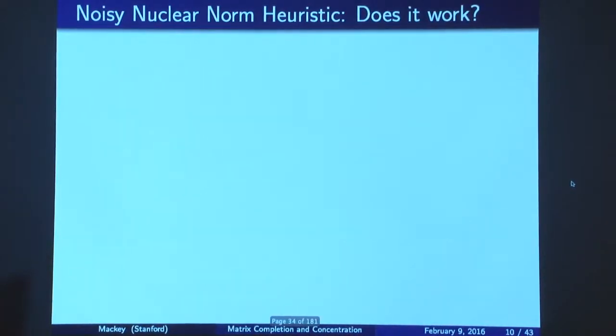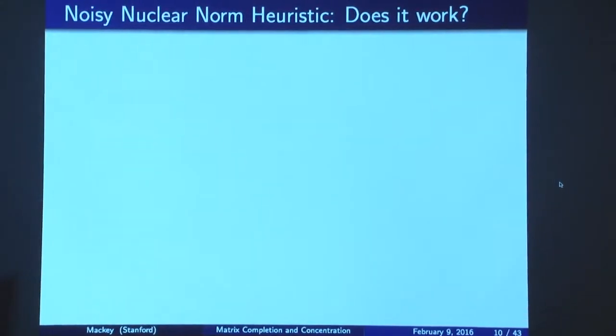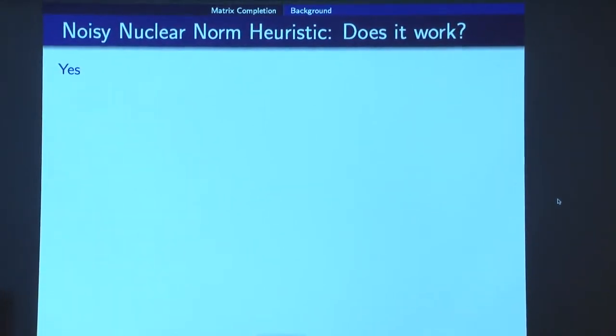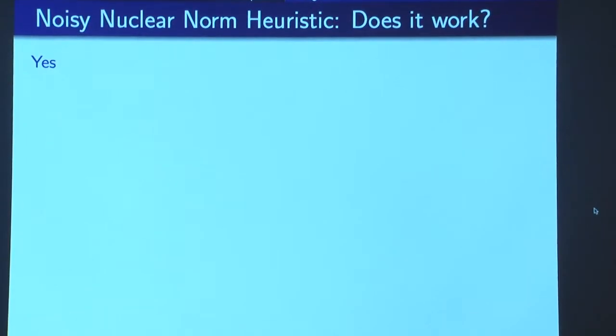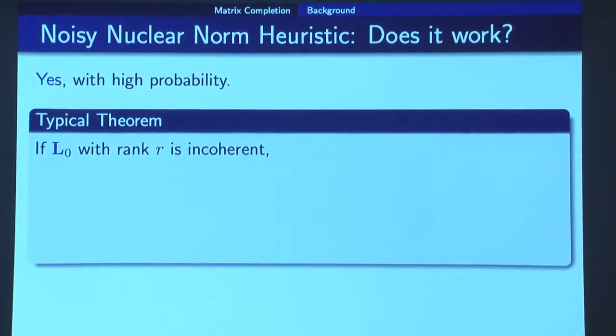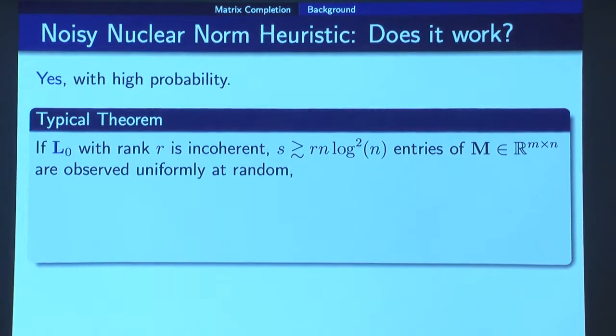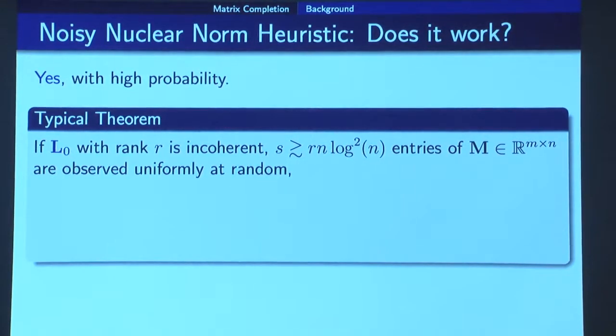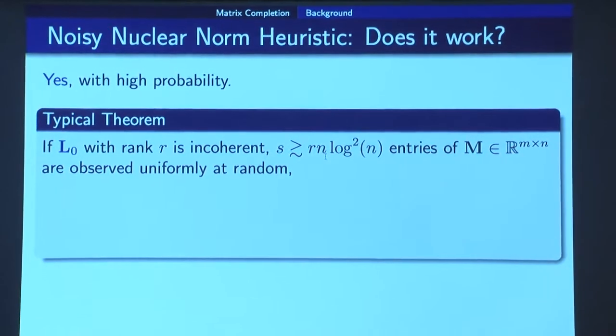So first question, does it work? Does the noisy nuclear norm heuristic that I just showed you work? And the answer is yes, it does work. Or at least it works with high probability. And the sort of theorem you might see in the literature looks like this. There are various flavors of this now. It says that if L0 is rank R, and it's incoherent, meaning it has a good spread of information, and you observe your entries uniformly at random, and you observe about R times n of them, so R times n times some extra log factors,